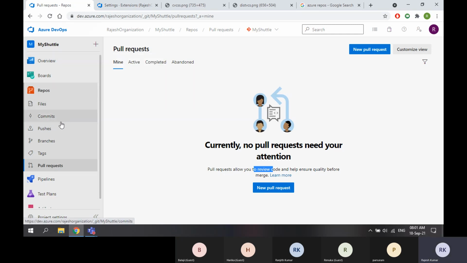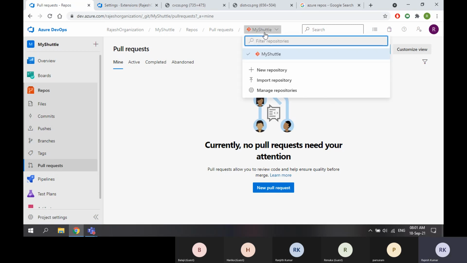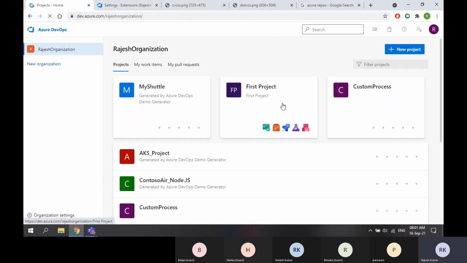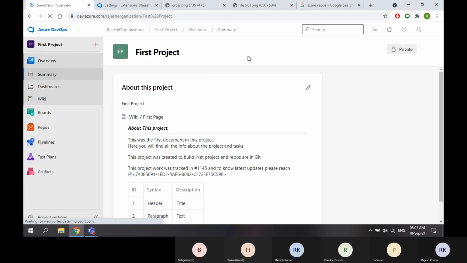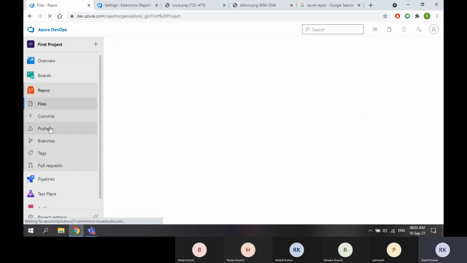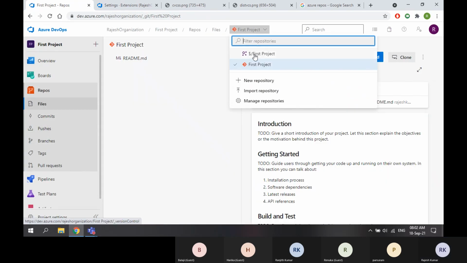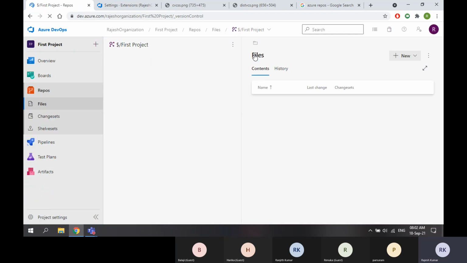So files, commits, pushes, branches, tags, and pull requests. Now if I go for TFVC, I have something in TFVC here. If I go with this first project, here I have files, that is common.